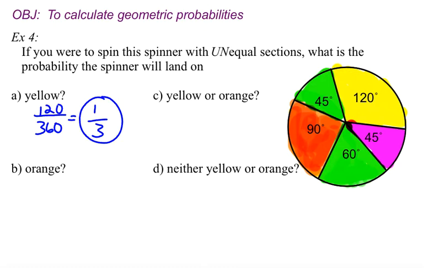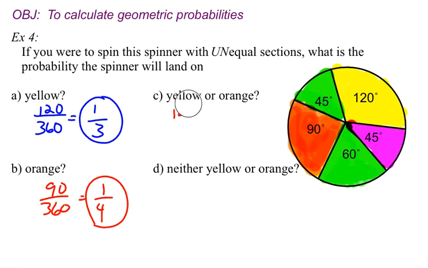Okay, hopefully you had a chance to try those. I know you're probably wondering where the orange section is. Okay, that reddish looking section, it looks orange on my computer, red on the board, that's just how it works, is my orange section. So I'm going to get 90 out of 360, and you should have had 1/4 for a reduced fraction there. Yellow or orange, I'm doing 120 plus 90. So 120 for my yellow plus 90 out of my total 360. That's giving me 210 over 360, which comes out to be reduced form